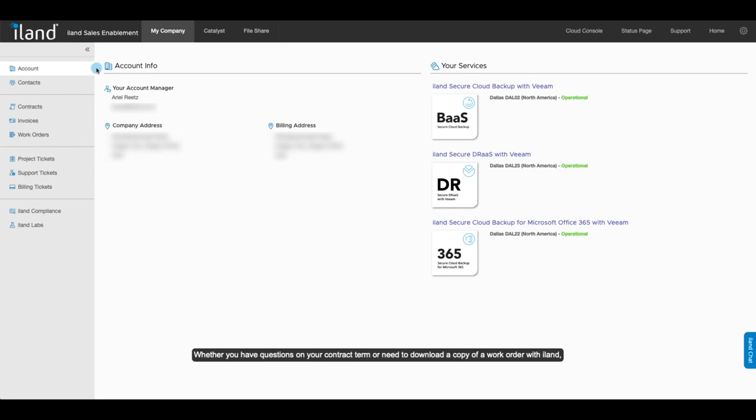Whether you have questions on your contract term or need to download a copy of a work order with iLand, you are able to do so and more through your Success Center site as long as you have admin or billing permissions. Click on Contracts on the left-hand navigation bar to view the list of your current and past contracts